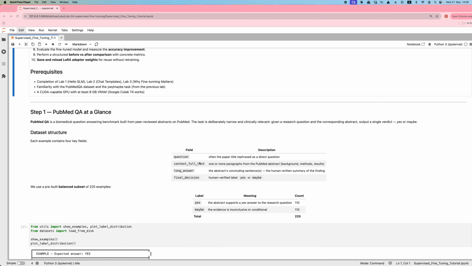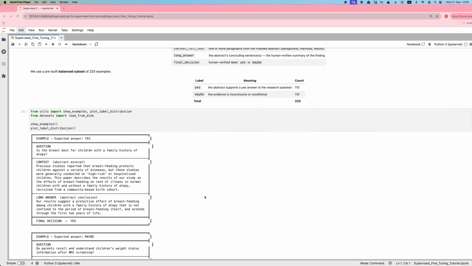Then we have the full context, which is extracted from background, method, and results. And as an output, we have a long answer and final decisions, which in this case we are mostly focusing on yes and maybe. The long answer is medical reasoning that can be extracted from